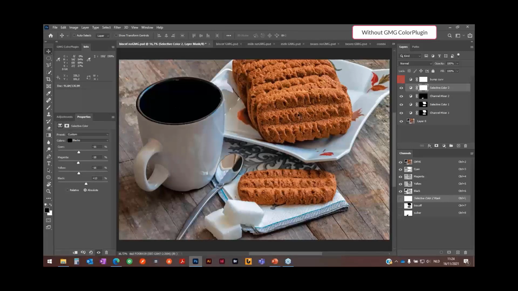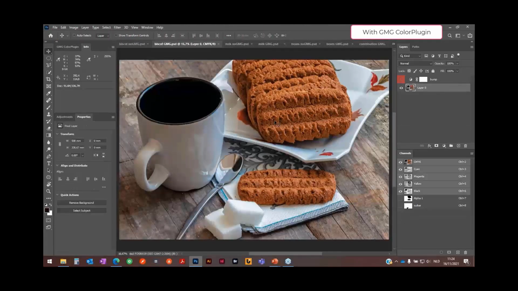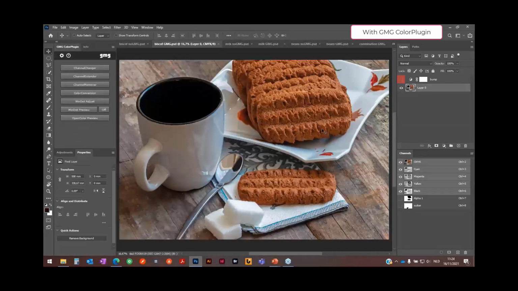So this was the manual way of working. As you see, the result is not the same as the original image, but maybe after some proofing and so on, the result is feasible or good enough. Now the big difference came with the introduction of the plugin. I can now do exactly the same, but faster and better.